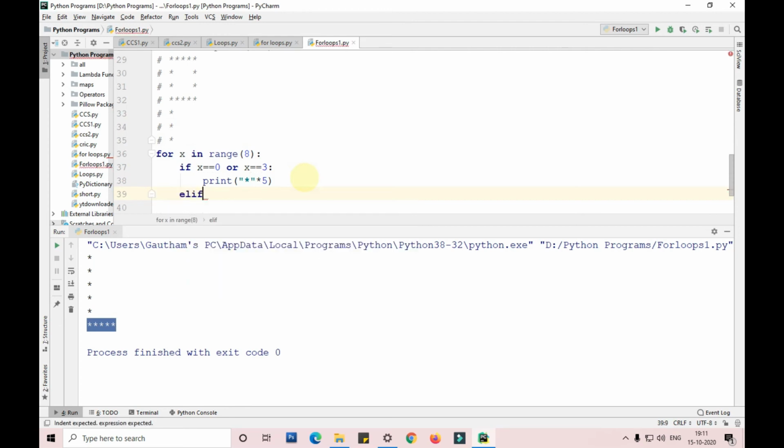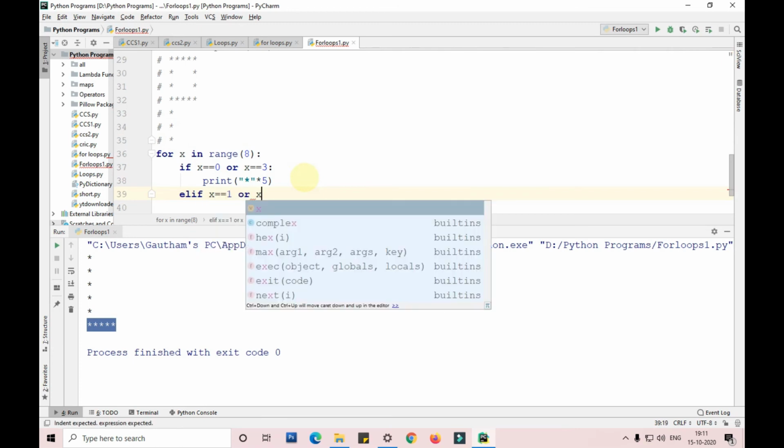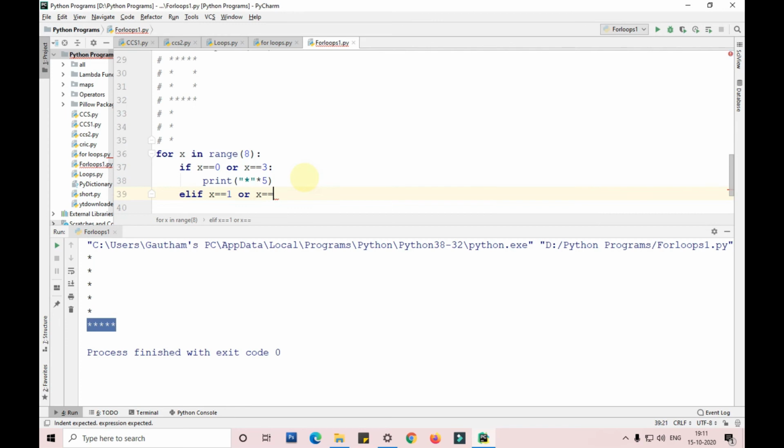Elif x equals to 1 or x equals to 2 colon print star space space space star.